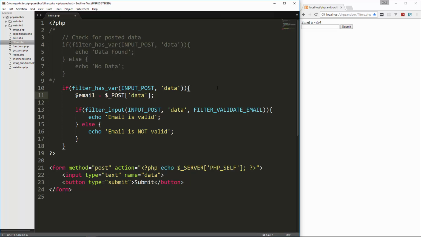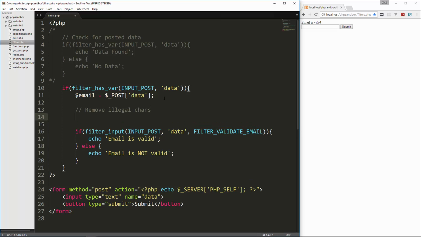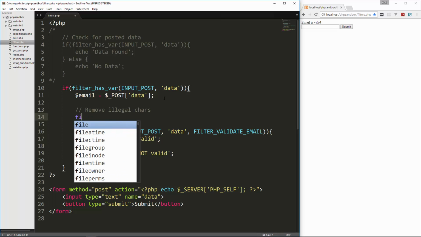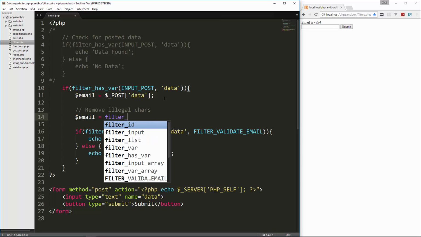And if you haven't watched, I think it was part 8, I'm not sure what part it was, but the one where we talk about get and post, if you haven't watched that yet, I'd suggest doing that. All right, so we're putting it in this variable called email, and then we want to remove illegal characters. And we can do that with filter sanitize email. And we use a function called filter var for that. So let's say email equals filter var,